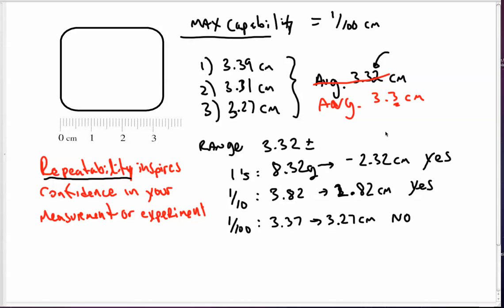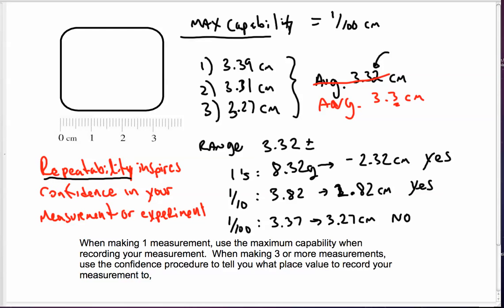Now, the confidence procedure really can't be used if you make a single measurement. And so we're going to have a general rule. When you're making one measurement, a single measurement, not three repeated trials like this, but one measurement, you're going to use the maximum capability when recording your measurements. In other words, if we recorded this only once, we record it down to the hundredths place. We can't be sure